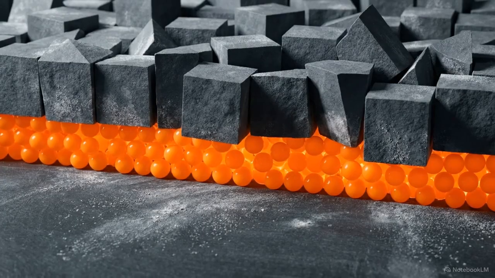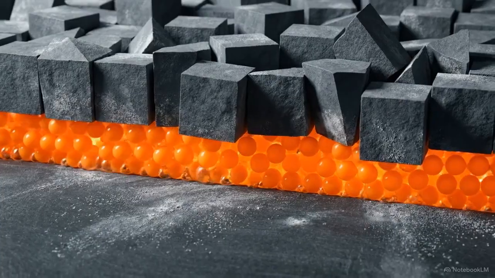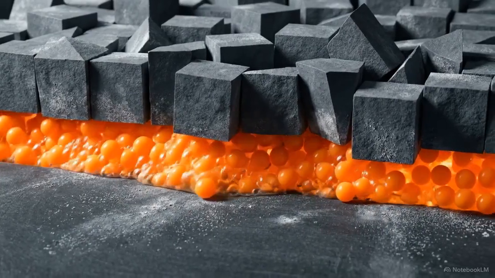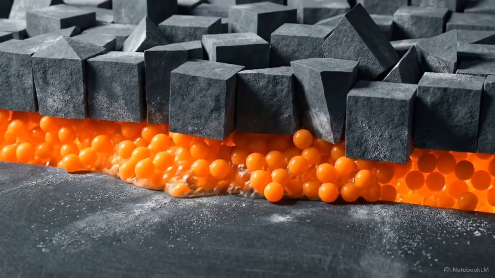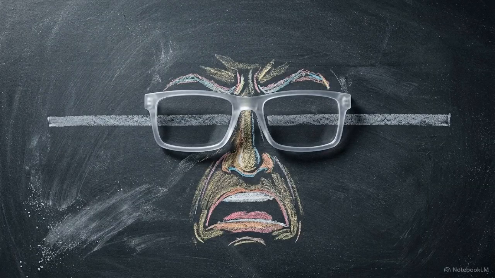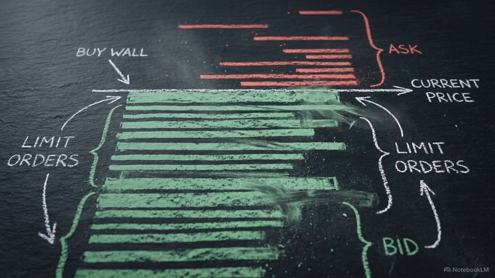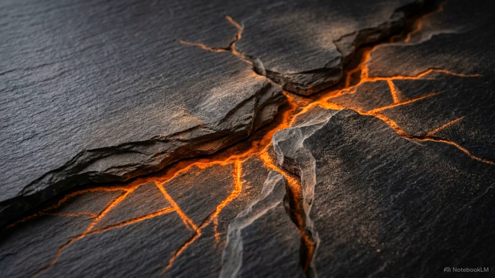This absorption creates a pressure chamber. As more orders are filled without moving the price, the potential energy of the eventual breakout increases. Retail algorithms often misinterpret this phase as a dead market. They overlook this structural buildup because the price action lacks visible direction. Paradoxically, this state of absolute surface-level flatlining represents the moment of maximum kinetic potential in the market's microstructure.